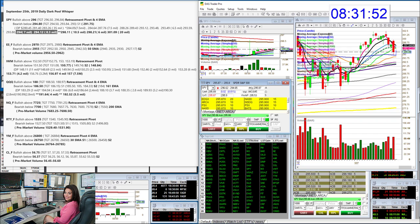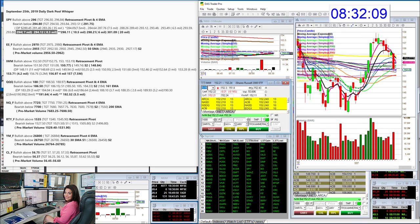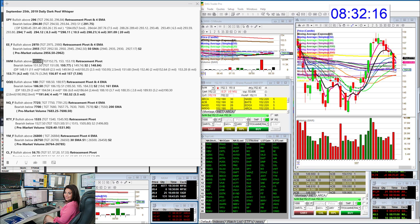All right, let's go to the E-mini. So very similar situation. Bullish above 29.70 and bearish below 29.55. We'll go to the Russell. The Russell IWM are going to be bullish above 152.50. Sorry, forgot to bold these. For that retracement trade to the pivot. And bearish below